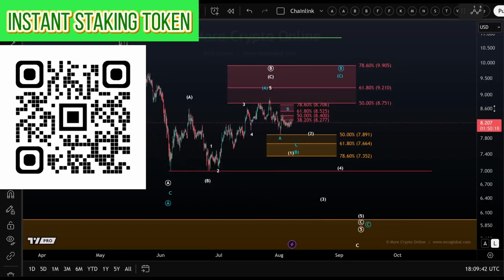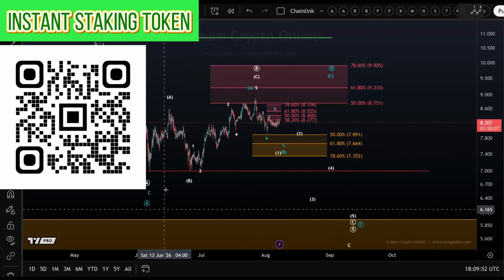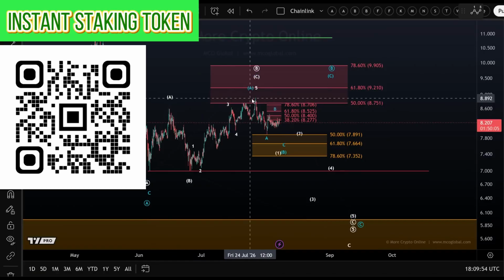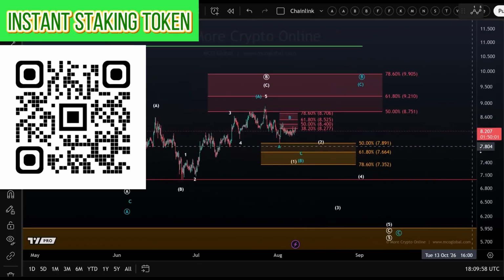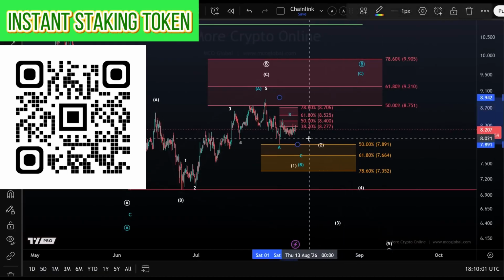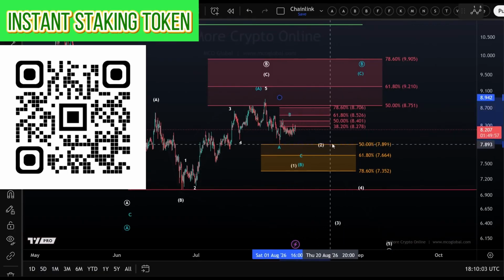So I would say now, let's take a look at the shorter time frame. What we're looking at here is the 4-hour time frame on the Chainlink chart, and I think it's very clear that the move up from the June low ended as a 3-wave move. I mean, it might turn into a larger 3-wave move, as I said in the Ethereum video as well, the Solana video as well, Bitcoin video as well. They might all turn higher to form larger